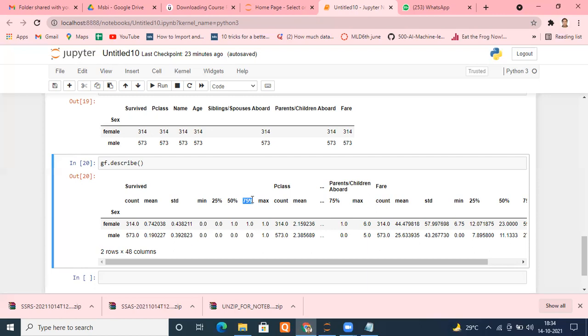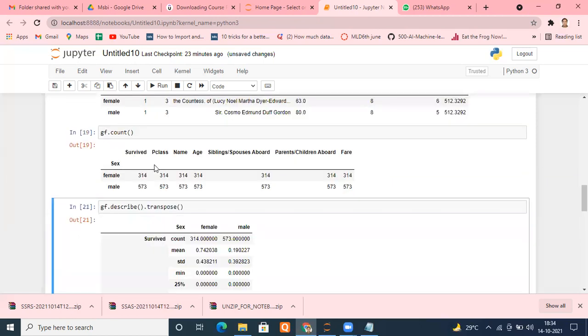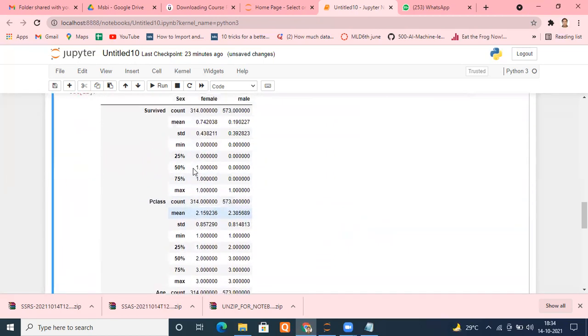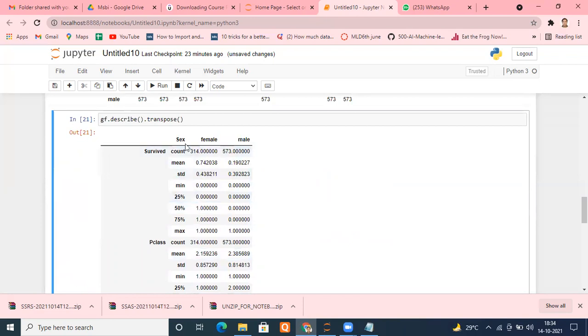Okay, so we can find the statistics easily with the help of this function as well. So I'm moving ahead. I hope it is clear. And you can make it look better as well. If you want, you can make a transpose of this. You'll get things this way. Now it looks a bit better, right? Now you can easily see for survived, what the count is, what the mean is, what the standard deviation is for males and females. This looks better.